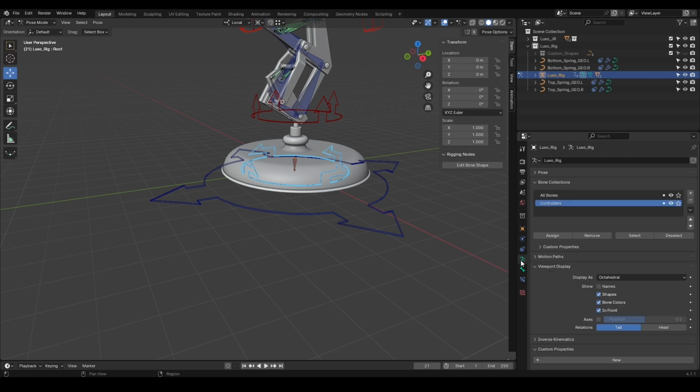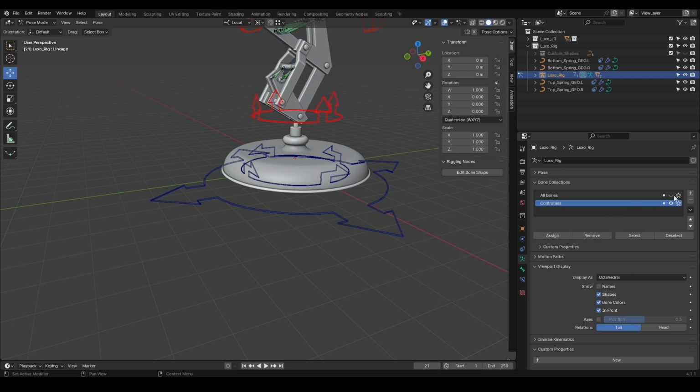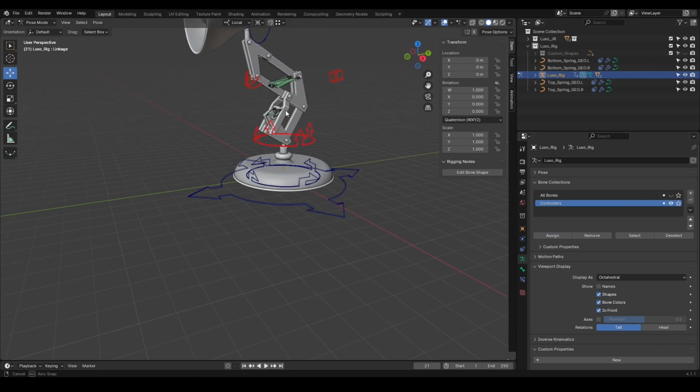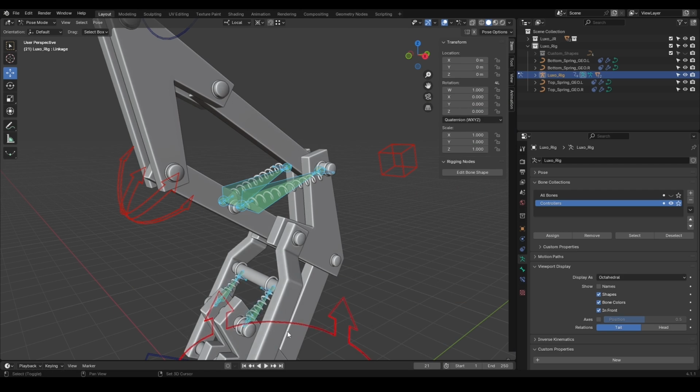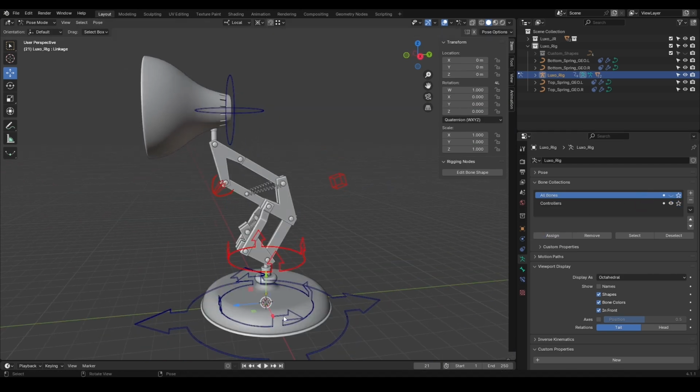In the Data tab, I assign linkage to controller's collection. After that, I turn off all bones so I only see the controllers. Then I can select these and assign them to all bones. Great. I congratulate everyone. The rigging of our character is complete, and everything that needed to be applied to the